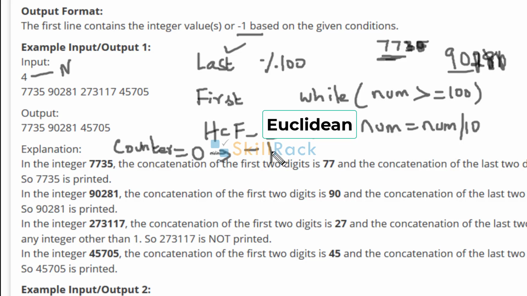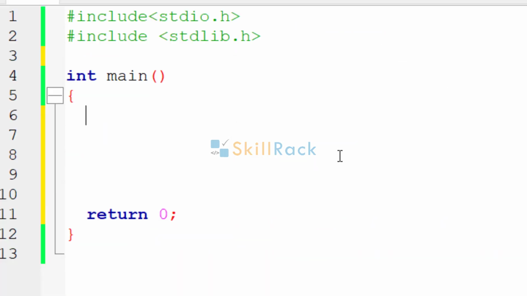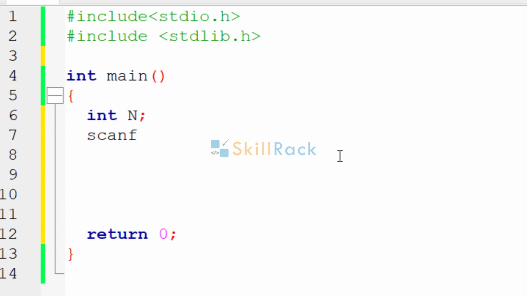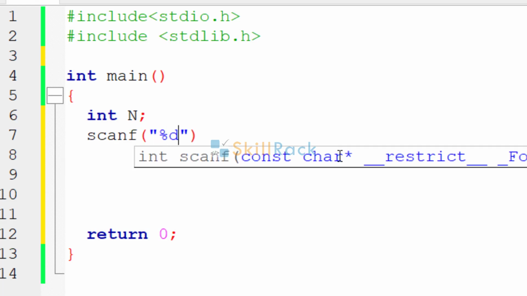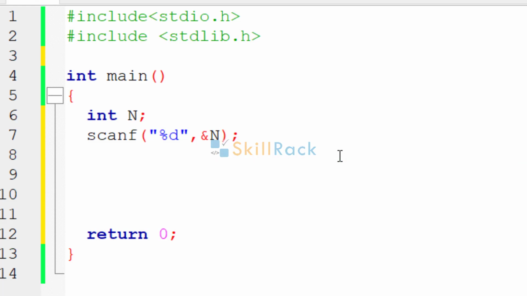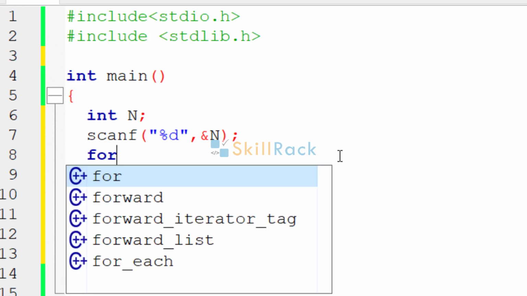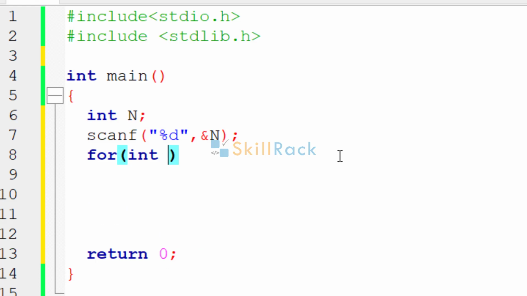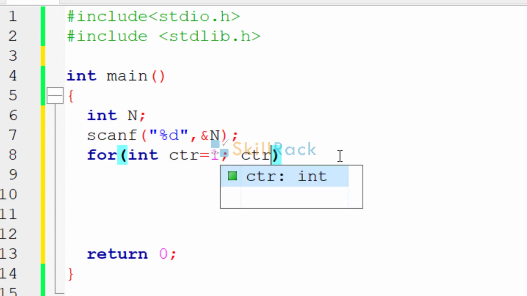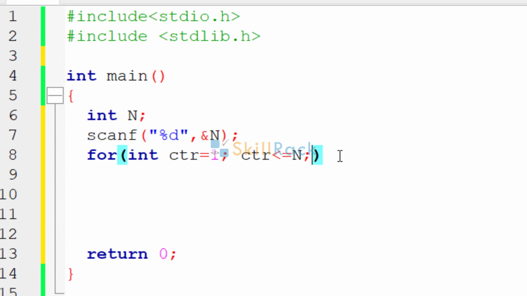Let us now implement this program in C. So first let us accept n. Now we have accepted n and we have to have a loop which will iterate n times to accept the n integer values. So we say for int counter equal to 1, counter is less than or equal to n, counter plus plus.